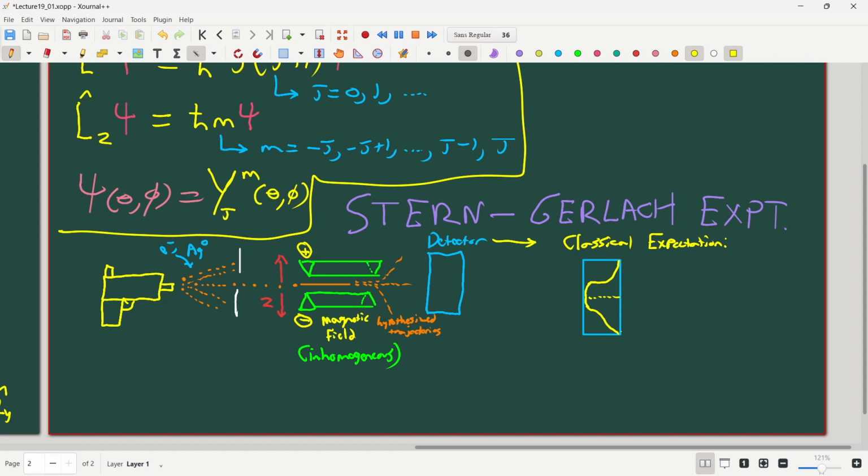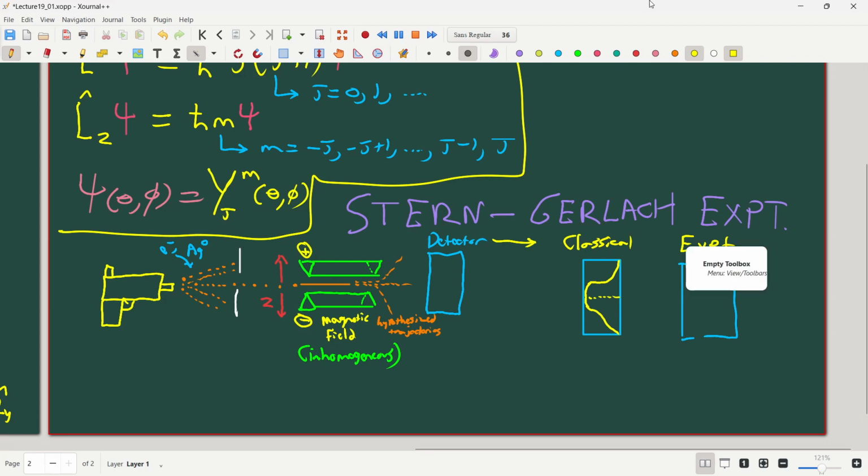Okay, so what does Stern-Gerlach see when they push the electrons or the silver atoms through there? The actual experimental result is very interesting. So I'm just going to erase classical here, or expectation, so I can have some room. And then I'll write experiment here. Experiment, you don't see any in the middle. In fact, you see two lobes. It's a bimodal distribution